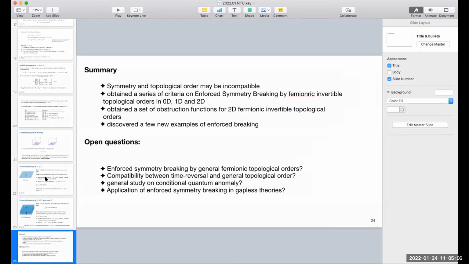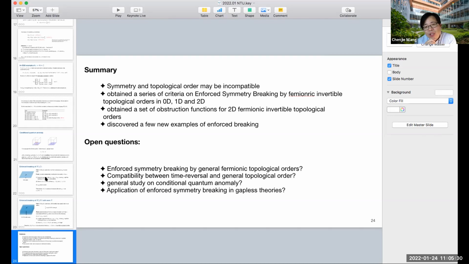Yeah. So by topological order, I actually mean, first of all, it should be non-trivial in the absence of symmetry. Right. So many-body localized entanglement is one of the requirements for this definition of topological order. Yeah, and here all the topological orders you refer to in this work are not symmetry-protected topological insulators. No, it's not symmetry. Okay, so you can think of symmetry-protected topological phases as the enriched trivial phase, symmetry-enriched trivial phase. Yeah, exactly.